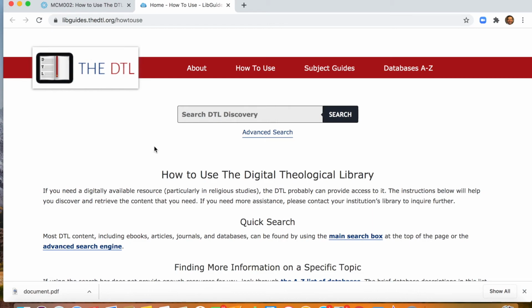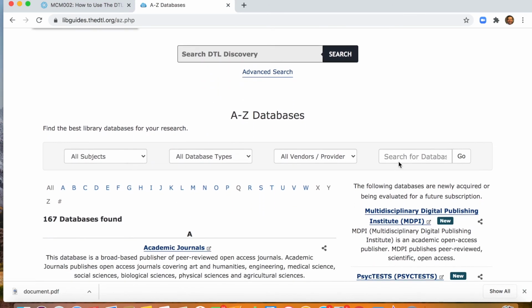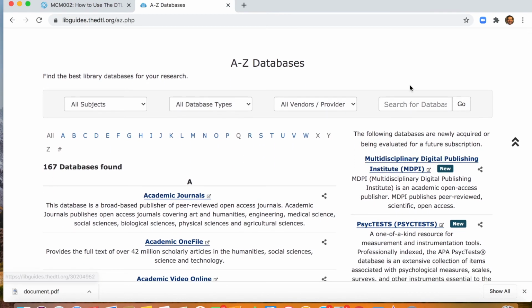If using the search bar does not provide enough resources for you, look through the A through Z databases right here. If you click on that, you'll find the A through Z databases, the brief database descriptions,